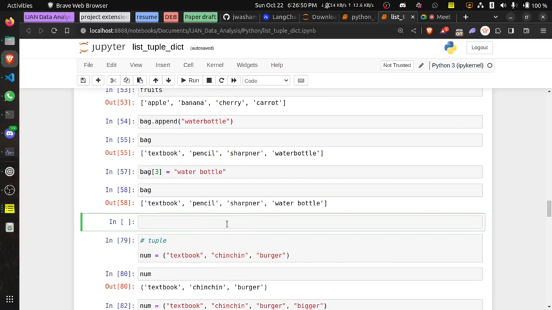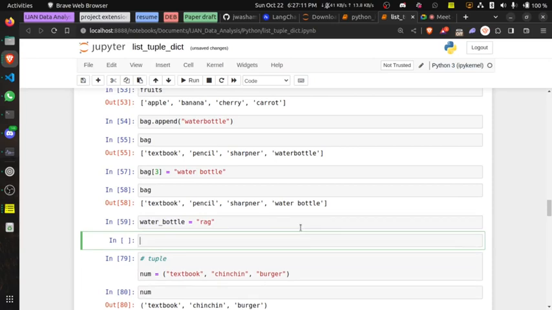Now, there are two different things. If I try to, so let's do something simple. If I try to put water bottle equals to, let me say rag. So now look at this. If I run this, of course, what would you call this?